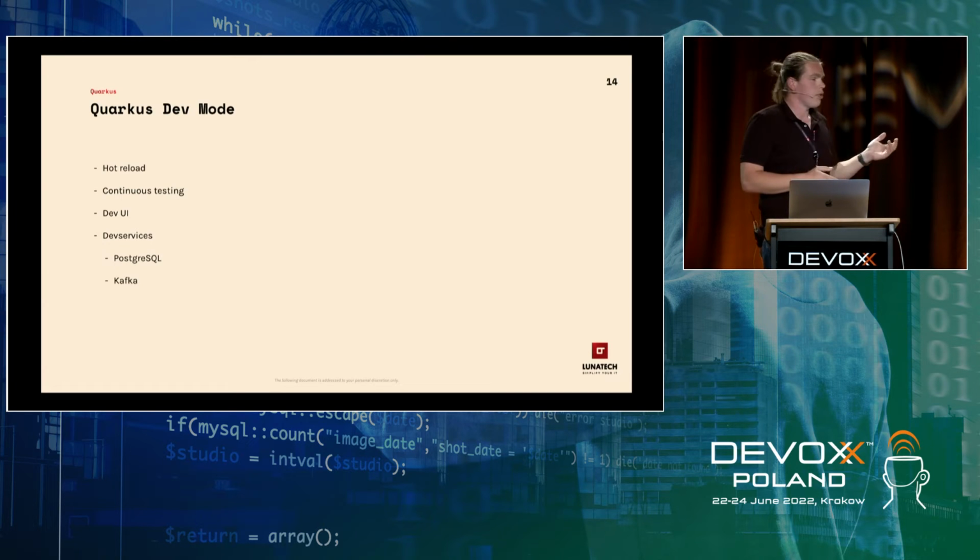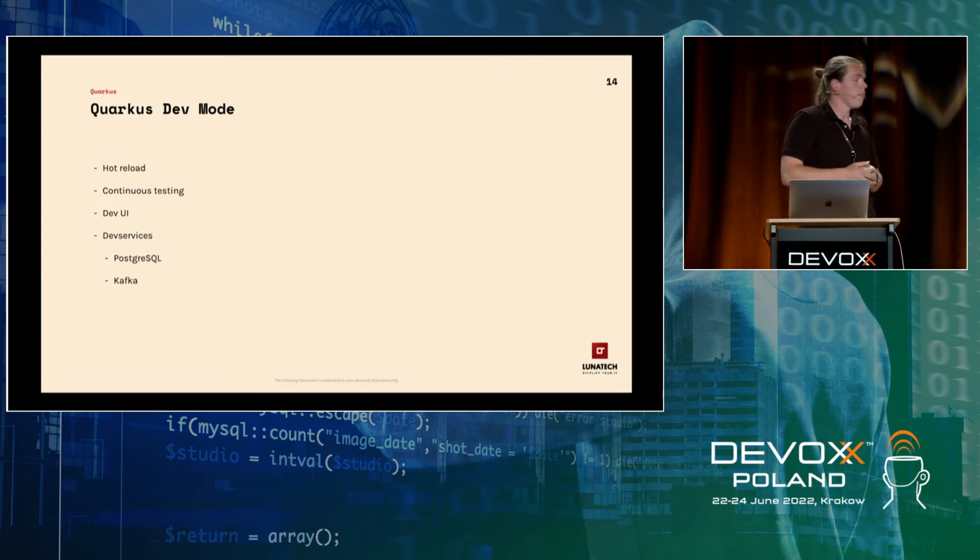It also has continuous testing, so in the background it's testing your code all the time. So if you tweak a bit of code, it runs the tests, and it's smart enough that it will detect the code regions that you changed, so it only runs those tests, and it doesn't have to run the full test suite again. Next to that, we also have a dev UI, which I'll show later, and the concept